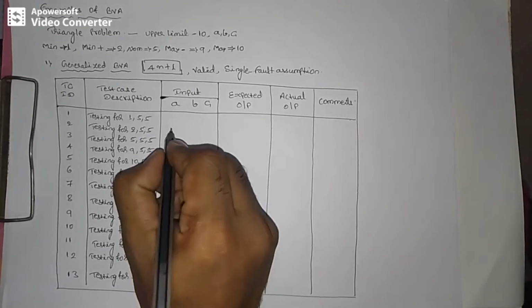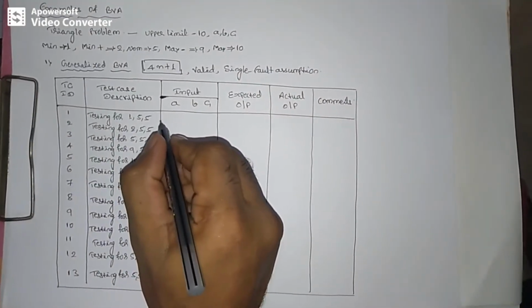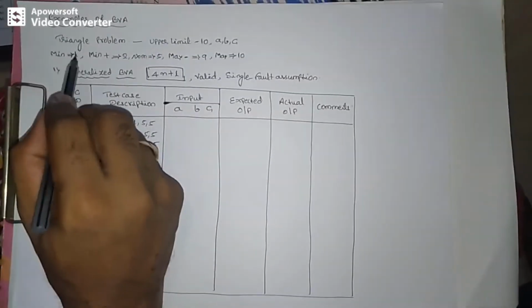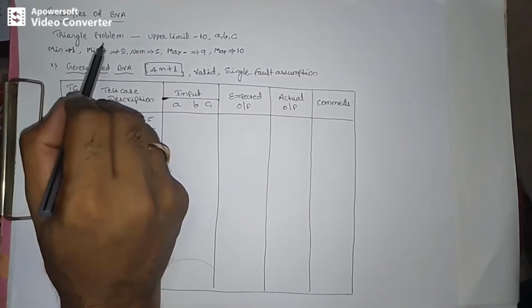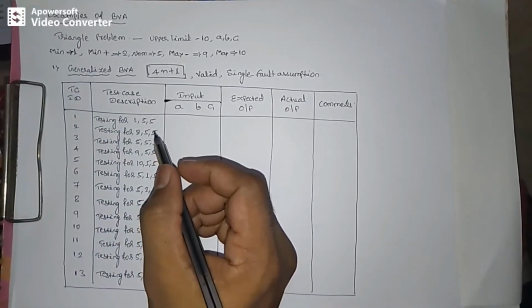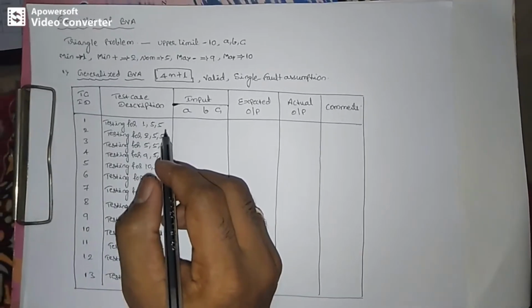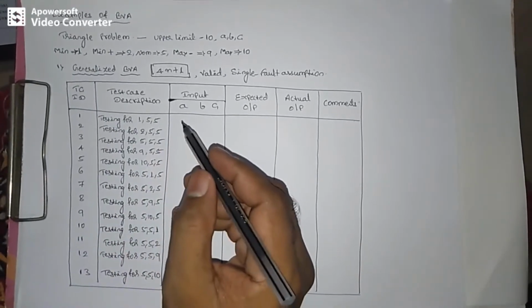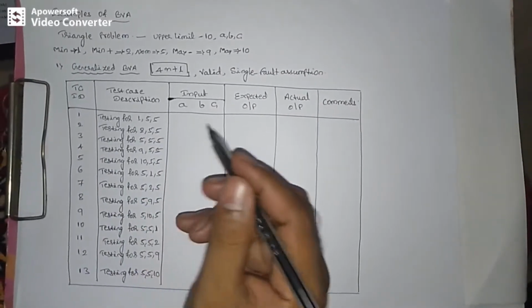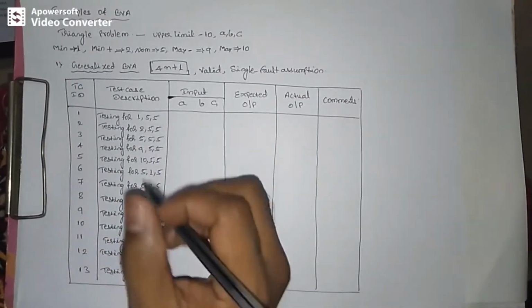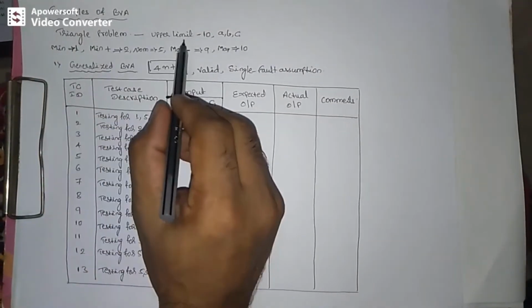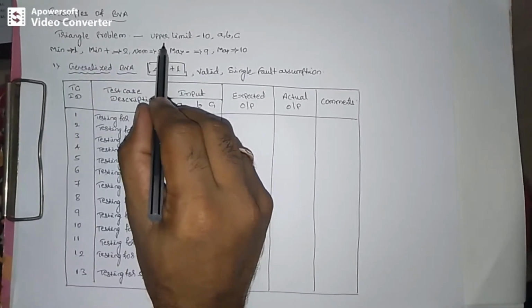Hi friends, in this video we are going to learn the examples of boundary value analysis method. So first example for triangle problem, we will write the test cases and also the test case table. So in this video we are learning how to write the test cases as well as how to document it, or what we are calling the test case table, and how to enter into the test case table. So basically the triangle problem, here we have taken an example.